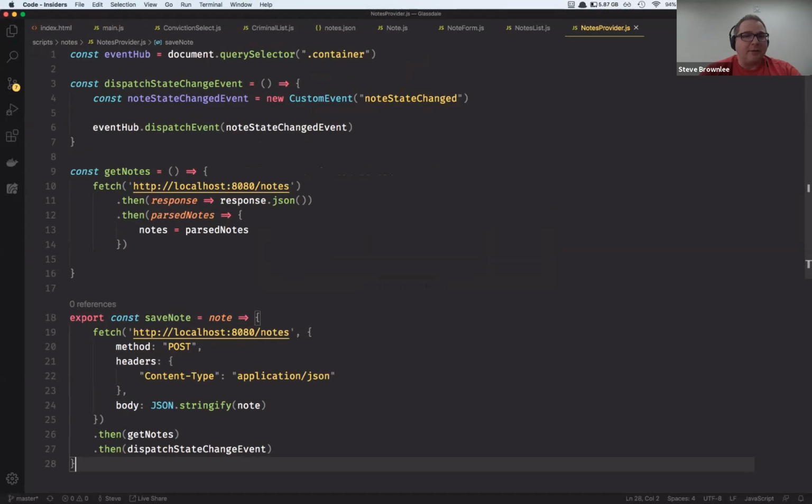But you can see inside that function, what am I doing? I'm creating a custom event that just says the note state changed and then dispatching that to my event hub. Why on earth do I need that? Well, when we do these post operations or a put operation or a delete operation, those three operations out of CRUD, so when we're creating something, updating something, or deleting something, that is modifying the API, right? We're changing the state of the API. So when that happens, the provider itself is going to tell the application that the notes have changed,